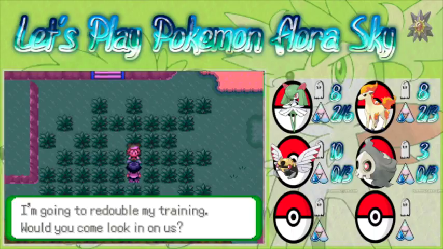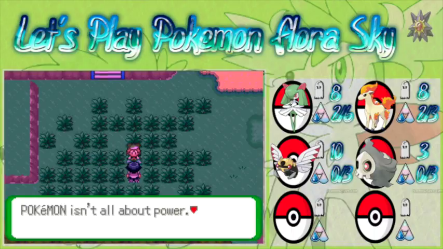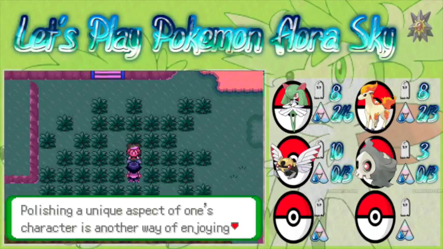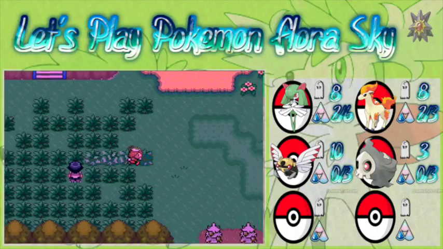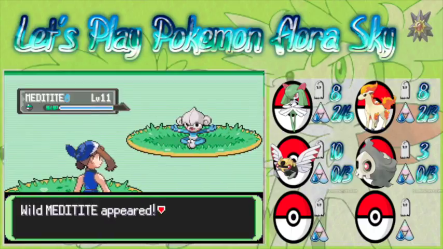Nice battle. I'm looking to redouble my training. Would you look to battle with us? Pokemon isn't all about power. Polishing a unique aspect of one's character is another way of enjoying Pokemon. So what we might want to think about doing is maybe looking to our...